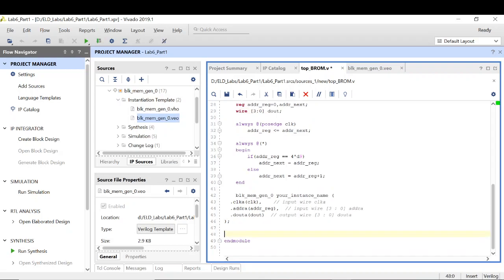Next thing is to write one always block for the comparison, right? This doesn't need to be a sequential block because it's a combinational circuit. We need to do the comparison.